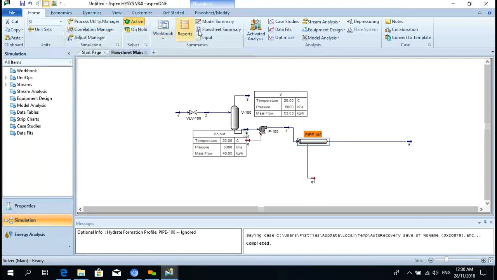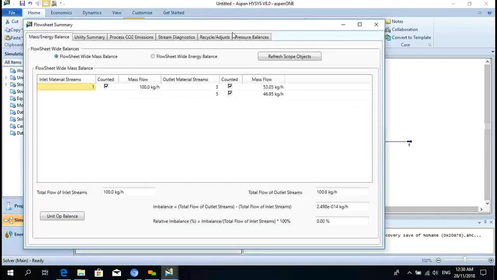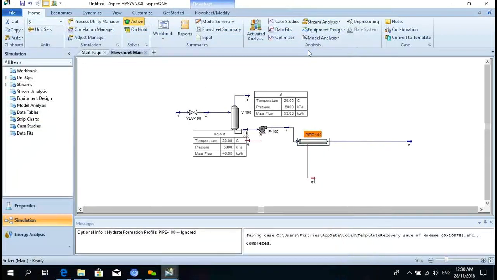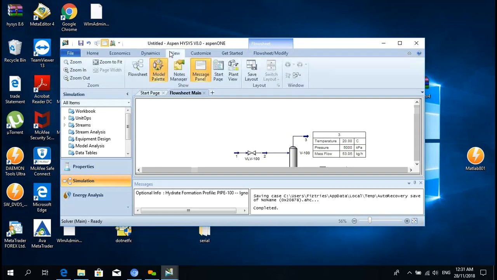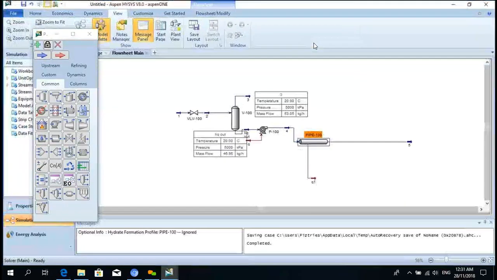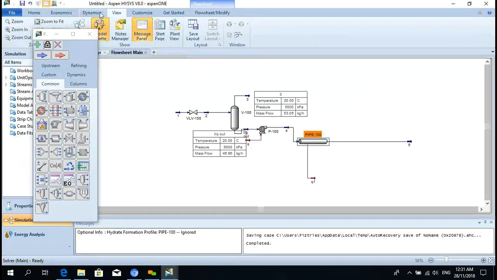I found it, it's not the flow sheet summary. There is a shortcut also, F button to see that. Under view, is it? Oh, under view. Yeah, model palette. Double click here.